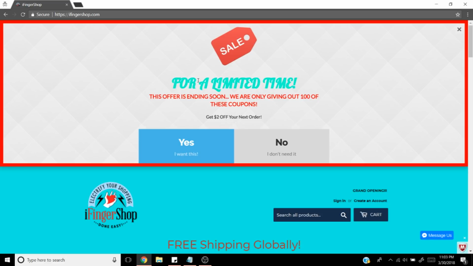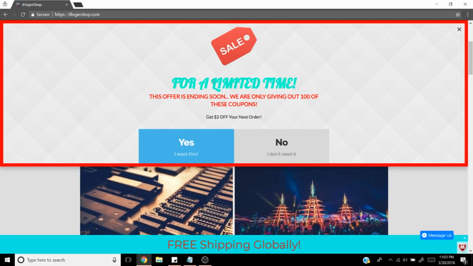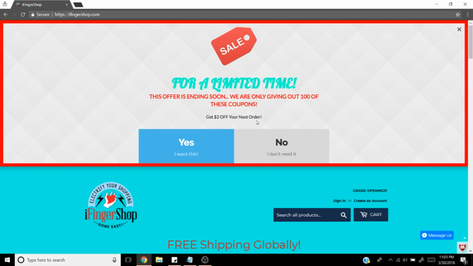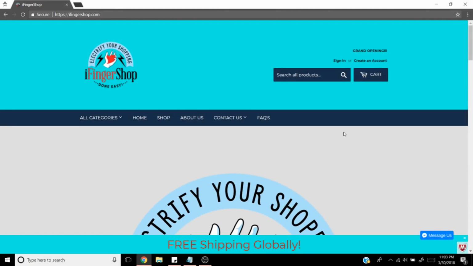I would maybe change this a little bit, maybe not make it take up the entire thing. I don't know how it would look on mobile either, but it's a little bit obnoxious. But if it is working for you, go ahead and do it. I've never done one this obnoxious. This isn't the logo, by the way. That's just an email pop-up. So this is what the actual website looks like.